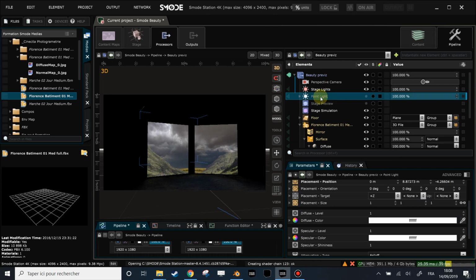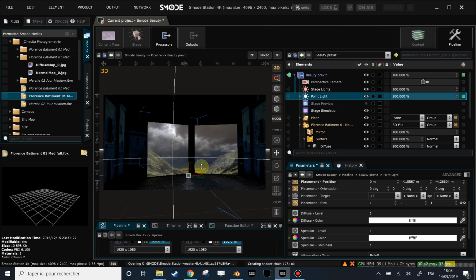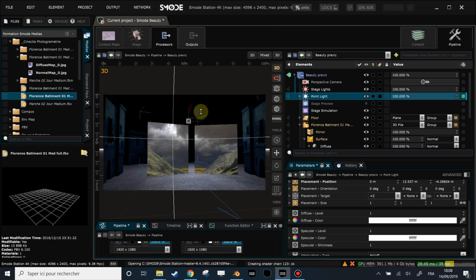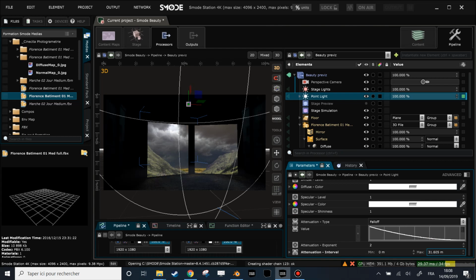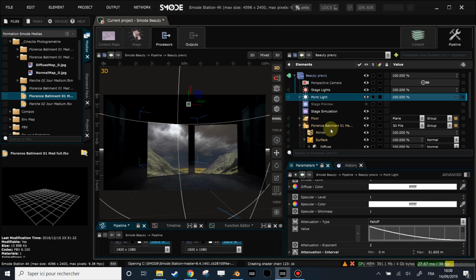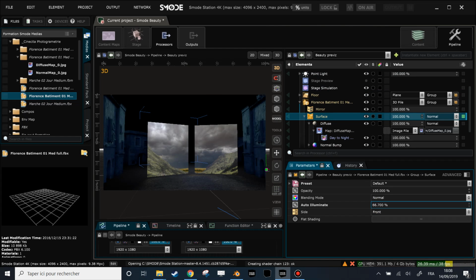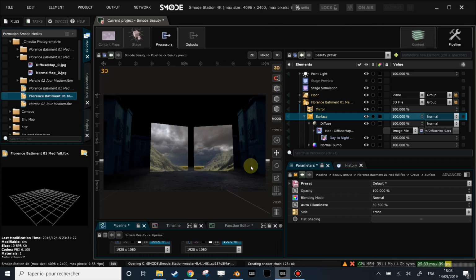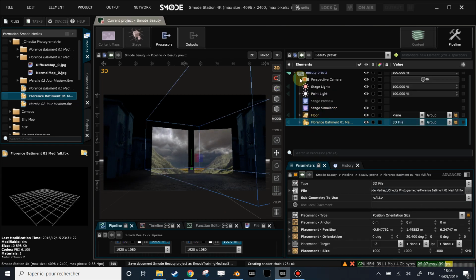And here my point light. There's a little bit too much effect on the floor, so let's tear that down, and let's just add a little bit of auto illumination to my building, and that will be fine enough. Okay, now let's add what we can do, like a little